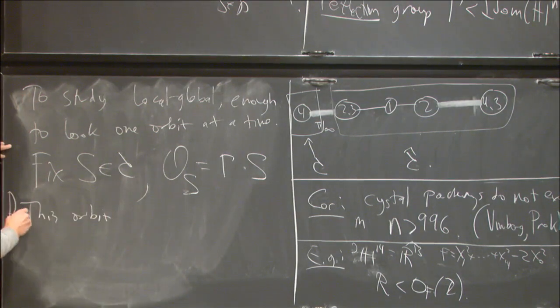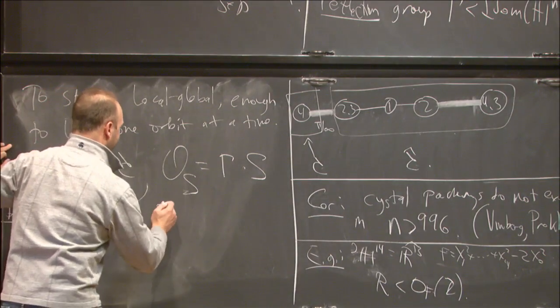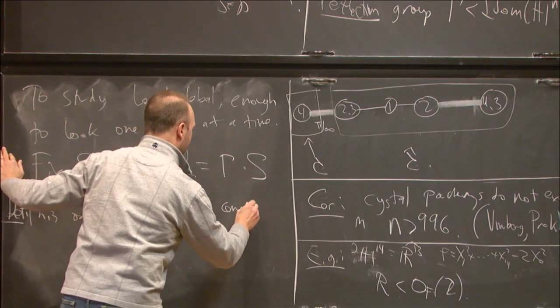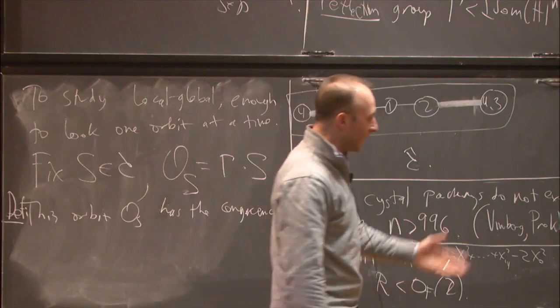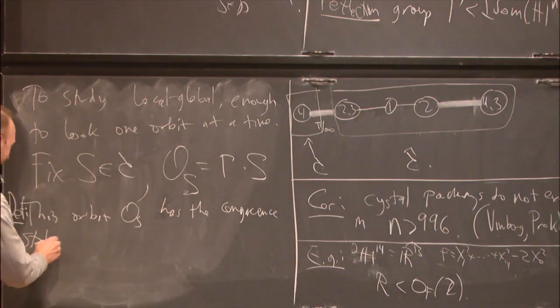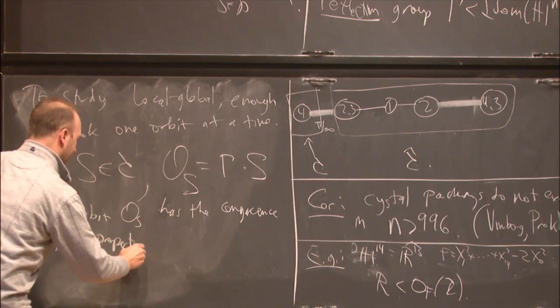OK. Here's the condition. So, definition: this orbit OS has the congruence stabilizer property, not the congruence subgroup property. That's something else. Stabilizer property, if